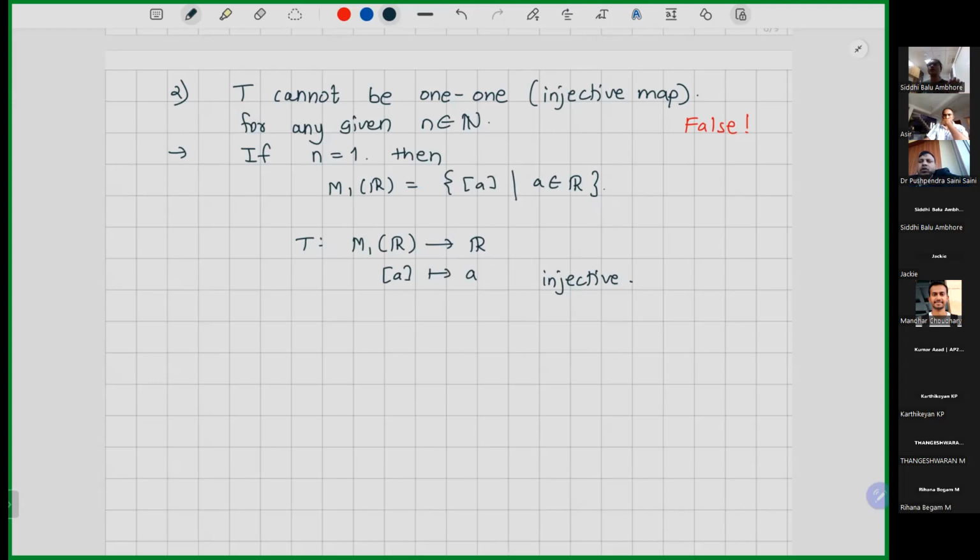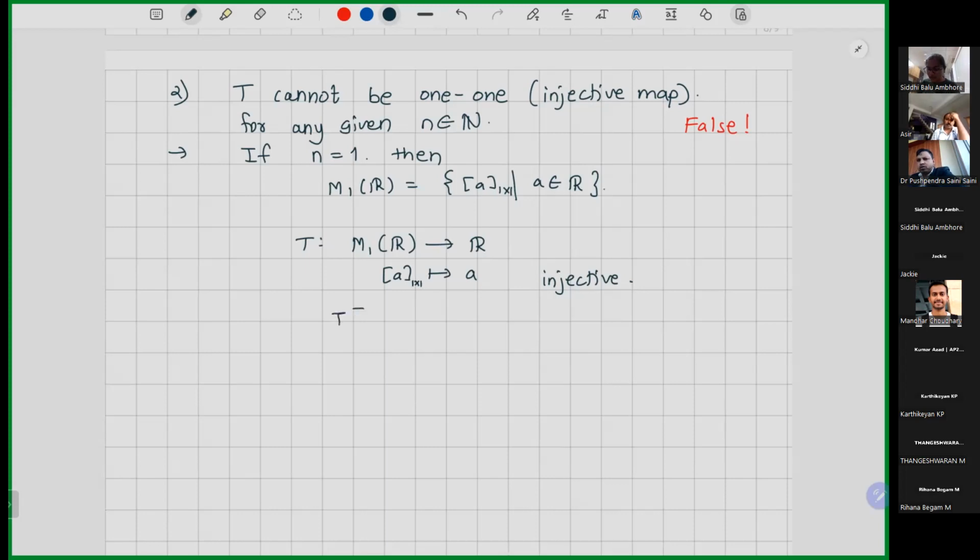And the moment I show that T is 1-1 for some n, then this statement becomes false, because if n is 1, then MnR is M1R. M1R is the 1 cross 1 matrices, and T from M1R to R is just A going to A, I mean, this matrix A going to A. And this is an injective map,